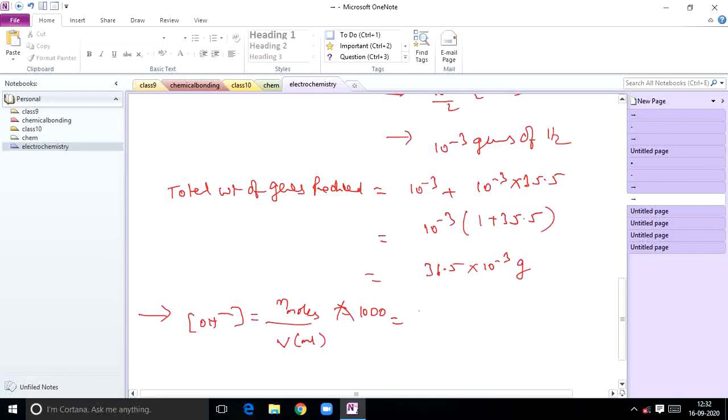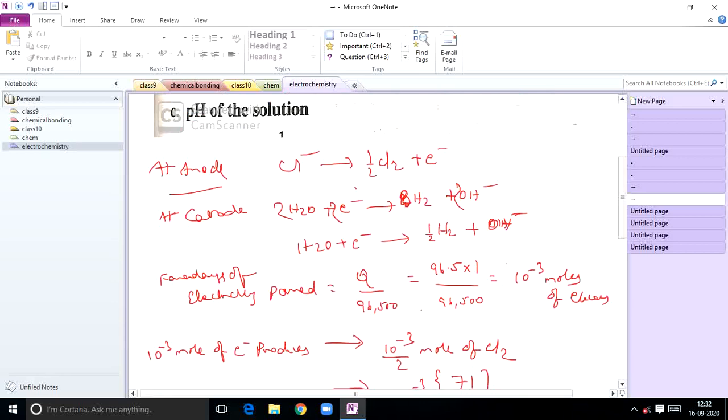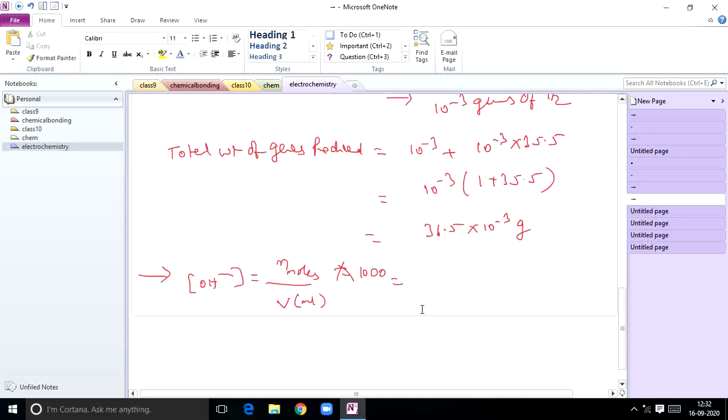So calculate the OH minus ion concentration, number of moles of OH minus ions from the equation. See the equation, students. I have written it, no? Number of moles, 1 mole, right? So 1 by,